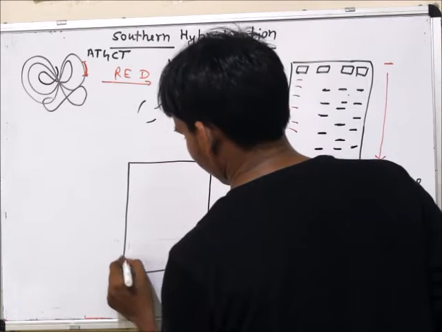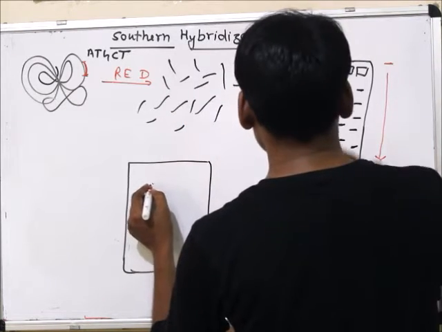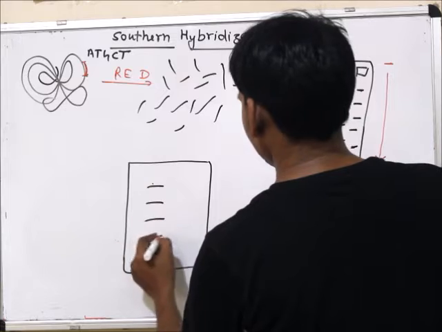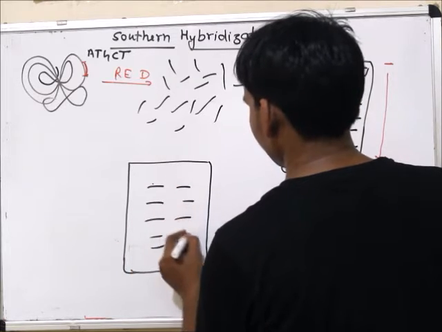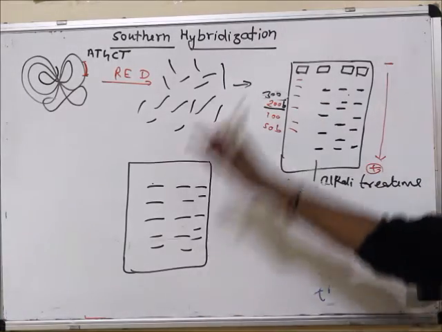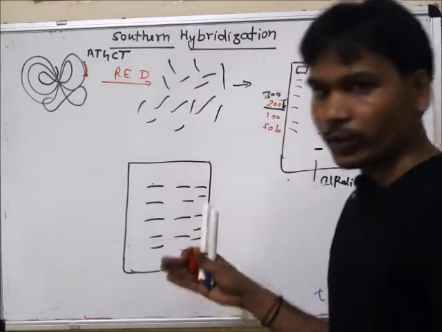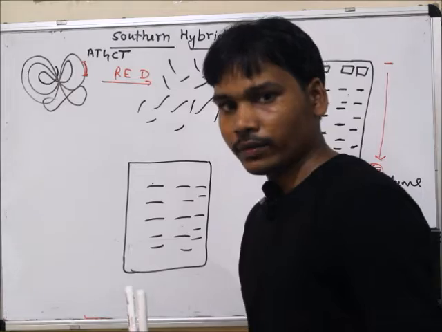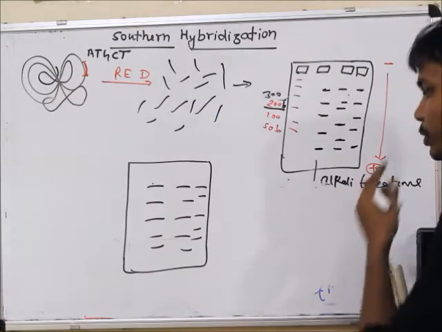Nitrocellulose paper that will bind like this, looking like this. Okay, but even then we cannot know what our specific sequence is, what our desired sequences are, that are within the genomic sequences or within plasmids. Okay, so